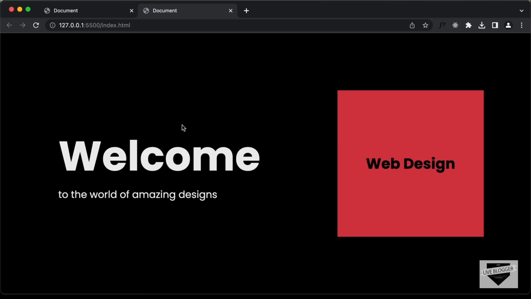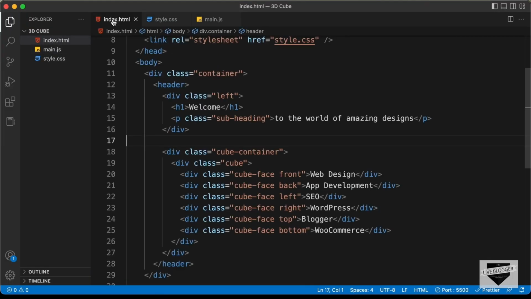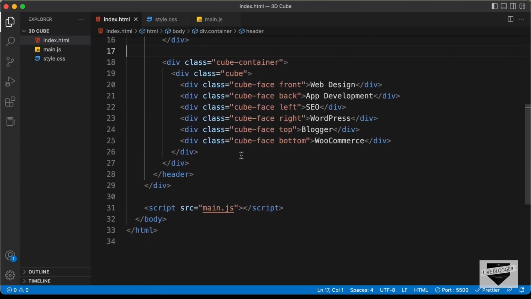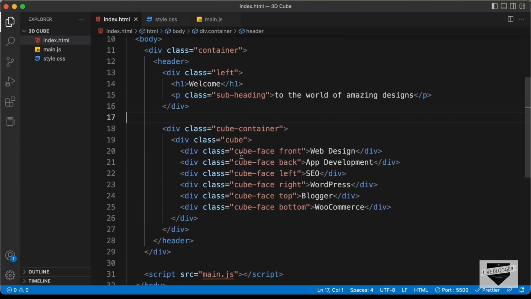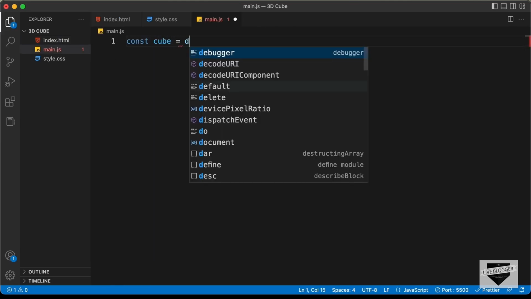Right, now let's add the code to rotate this cube when we move the mouse pointer. Here we have already created this main.js file, and we have linked it over here in the HTML file. What we need to do is change the rotation of this cube division based on the mouse pointer position. For that we need to reference this cube division. So let's go to the main.js file, and let's type const cube equals